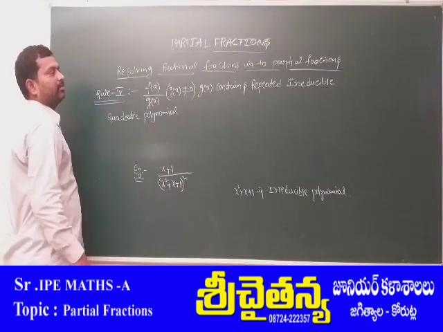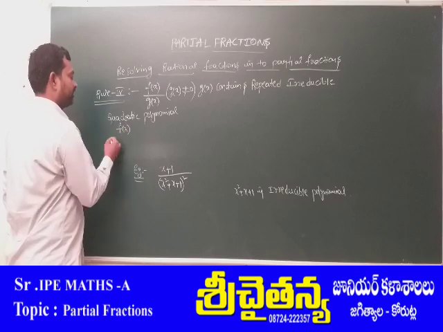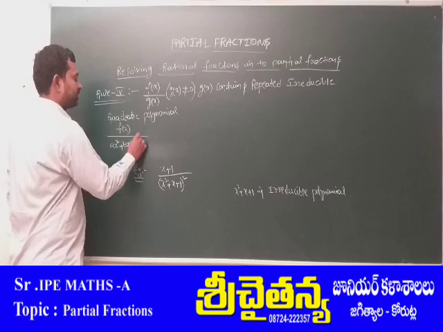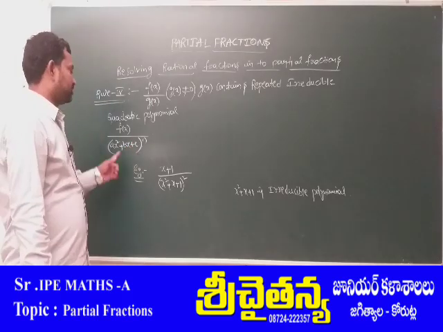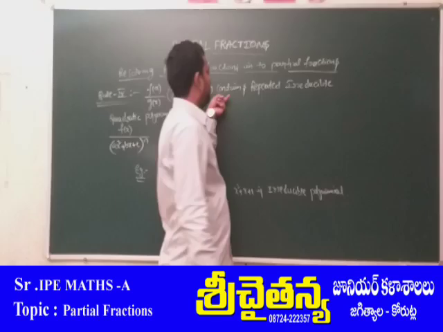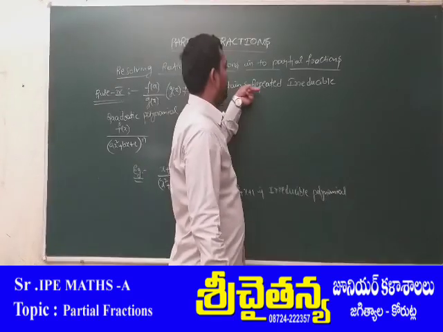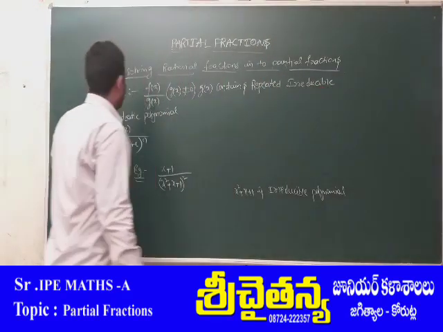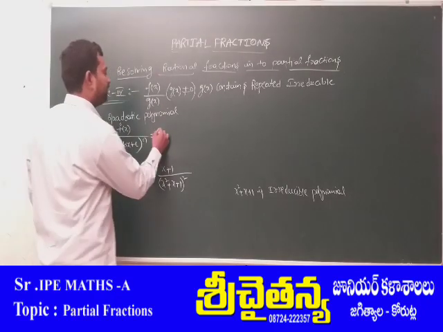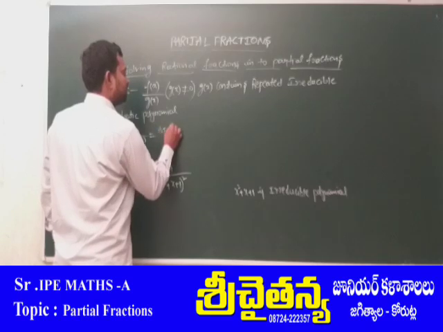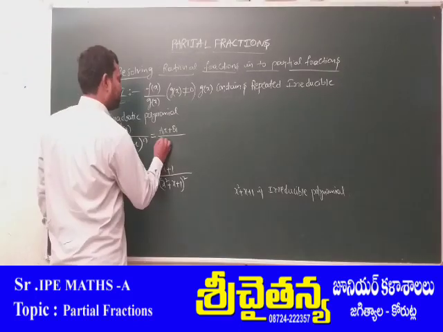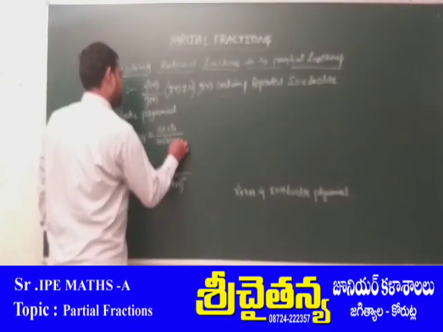So in this type of question, how do we solve it? It means f of x by ax square plus bx plus c whole power n. So this quadratic polynomial is repeated how many times? N times. What is the condition here? G of x contains repeated irreducible quadratic polynomials. That means we should write a1x plus b1 by, how many times here? N times. In that, we take one time, that is ax square plus bx plus c.